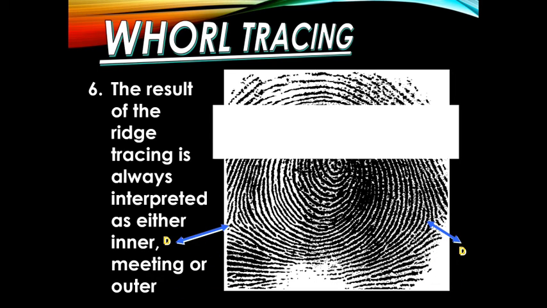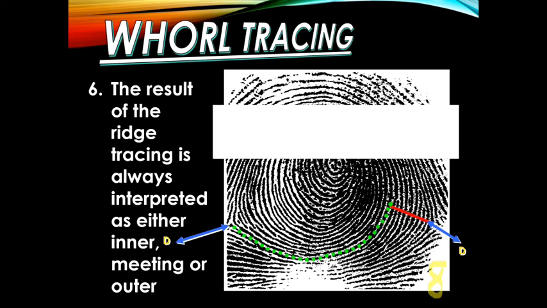So in this example, we have here the two deltas and we have here the ridge tracing. If you observe, there is no abrupt ending and we stop in front of the right delta. And then we draw an imaginary line between the last ridge and the right delta. Now we count the intervening ridges between the last ridge and the right delta. In this particular example, we have 8